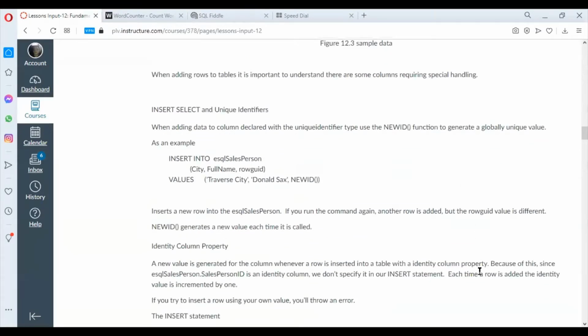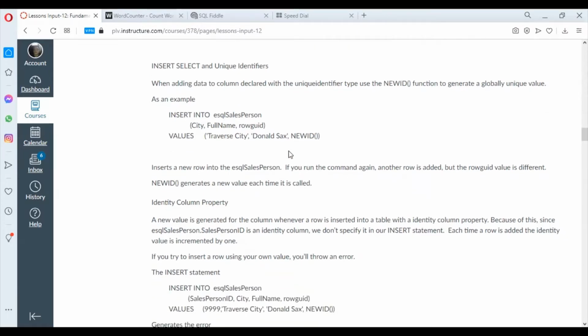When adding rows to tables, it is important to understand there are some columns requiring special handling. Insert, select, and unique identifiers. When adding data to a column declared with a unique identifier type, use the NEWID function to generate a globally unique value. So, for example, we will go back again to